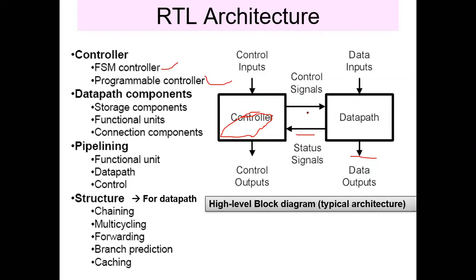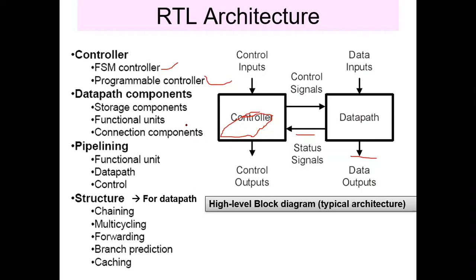Same thing that we have seen in the basic processor architecture, we are discussing here. Here we have a controller as well as a data path section. The controller takes care of what the current state is and what the next state will be, and it instructs the data path. Depending upon the control signals and the corresponding input, the data path generates the corresponding outputs.